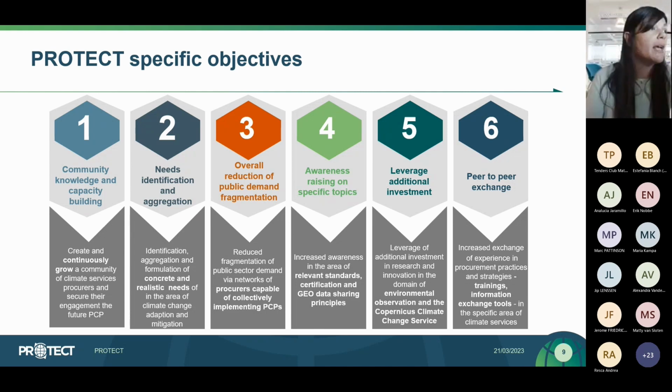So for doing that, on the one hand, we will try to build your capacity and your knowledge by continuously sharing information with you, by providing fresh information from the market. We will also help you to identify and aggregate your needs. And this will be done in the context of the pain point workshops that you may have heard of already. In order for what? In order to reduce the fragmentation of the demand that is currently the case at the European level and in each member state. So this is something that has been noticed and something that the Commission has realized, that throughout Europe the public demand for climate services is really scattered and is not really